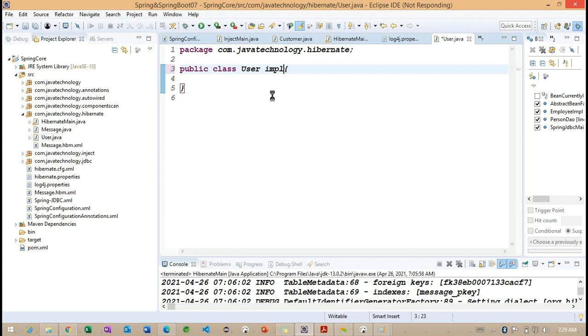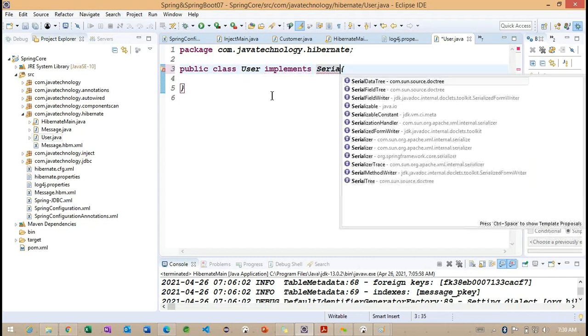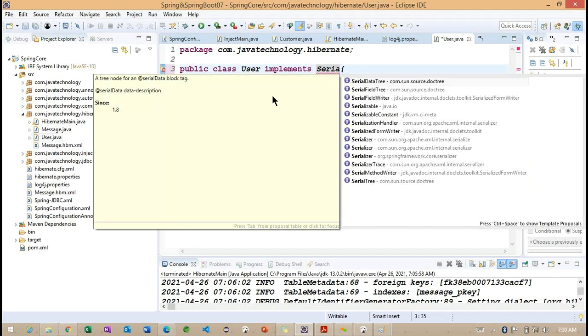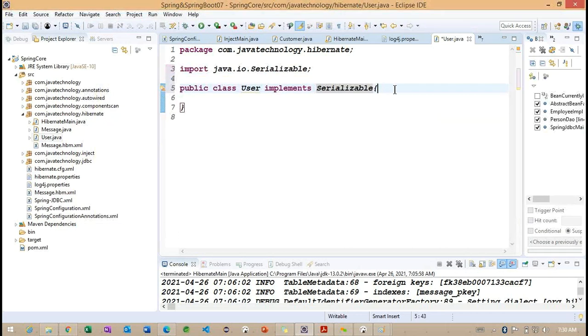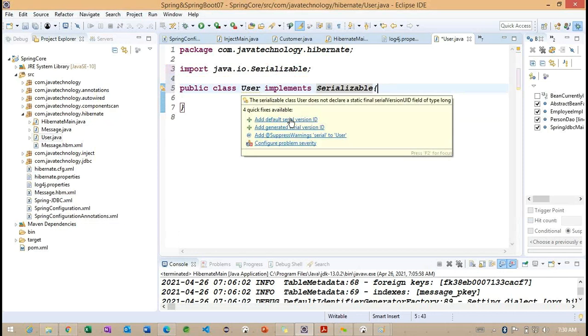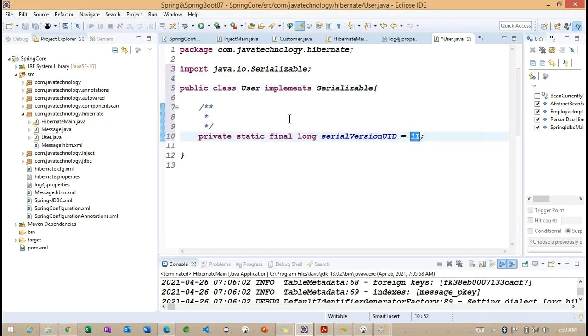Basically, Hibernate is not expecting Serializable, but what happens internally when we work with HTTP session, or with a REST API related example, we need an ID of this user, so that this object is converted into the appropriate format.